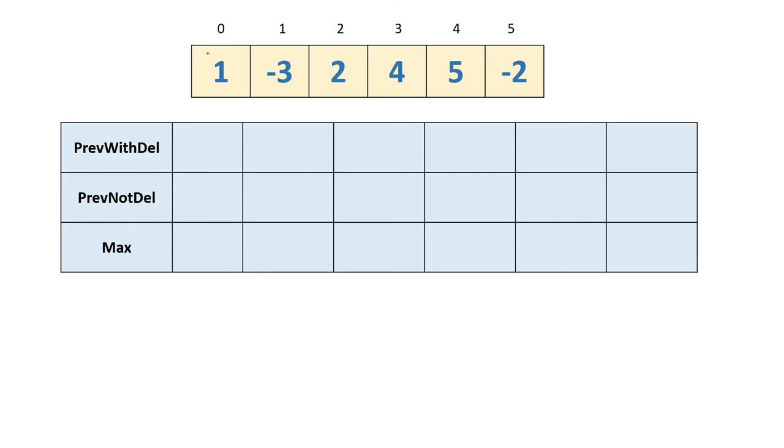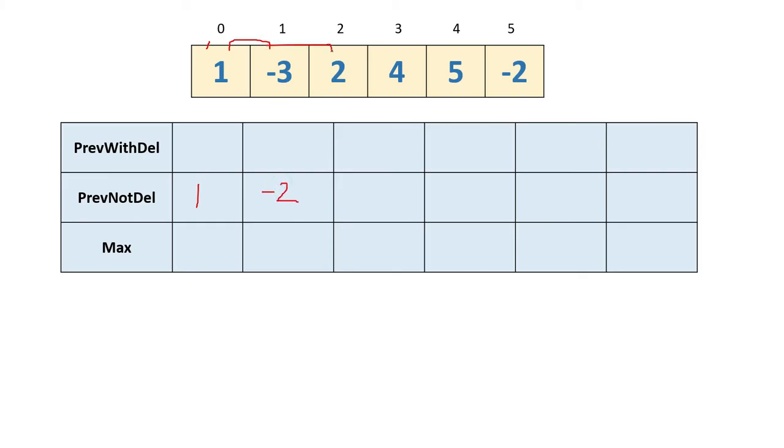So suppose I am here now. Here I have not deleted anything and I am taking this value. Then here it will be 1. If you go here, if you check, it will become 1 plus minus 3. That will become minus 2. Either I will take this contiguous value, or if this number itself is bigger than the added value, then we will take the number itself. So here 1 plus minus 3 is minus 2 and this value itself is minus 3. Then obviously I will take the minus 2.